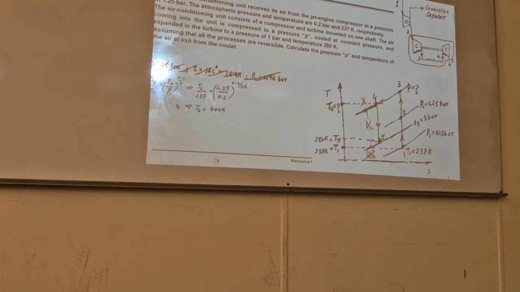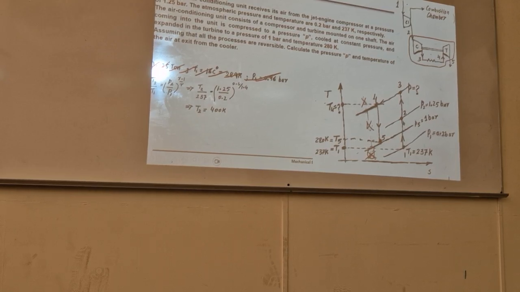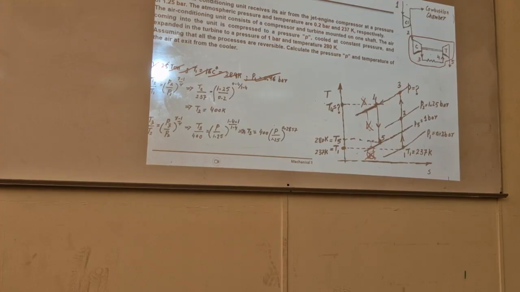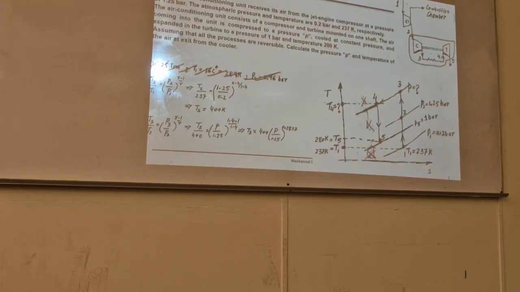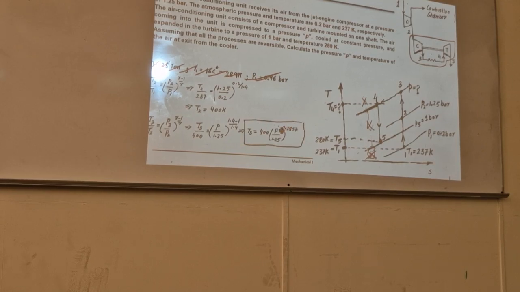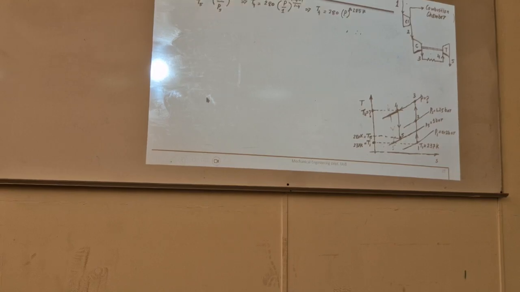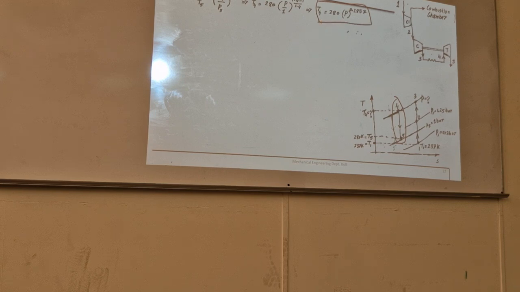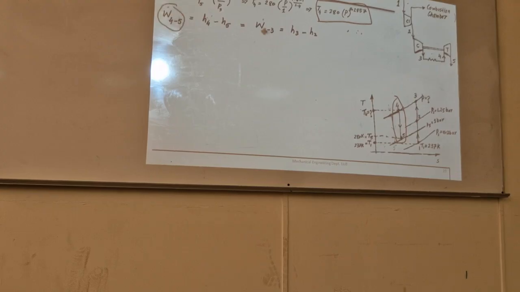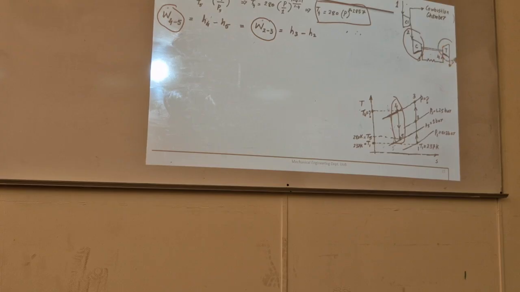So now we calculate all the unknown temperatures first. T2, then T3. But for T3, P3 is unknown, so I'll have T3 in terms of P. Okay. Similarly, T4 over T5. So I have another equation of T4 in terms of unknown P. Now I will use this one, because work of turbine 4 to 5 is equal to work of compressor 2 to 3. This one and this one,